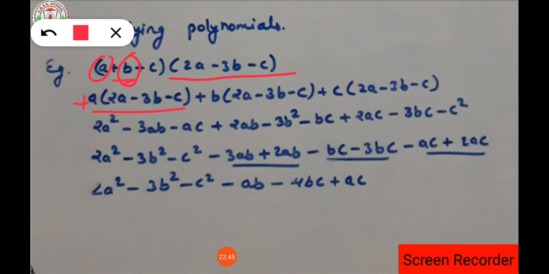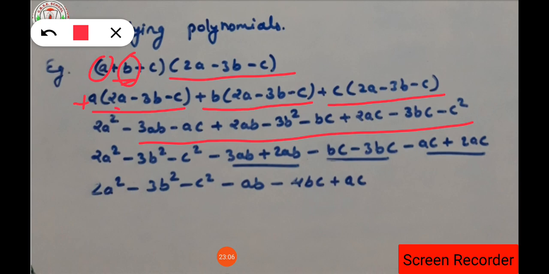As b is positive, b will be multiplied with all the 3 terms. As c is positive, c is going to multiply with all the terms. You know how to multiply, isn't it? After multiplying, we will get this result. Now, after multiplying, that means opening the bracket, we will have to make the pair of the